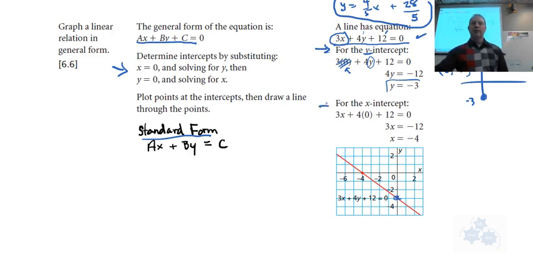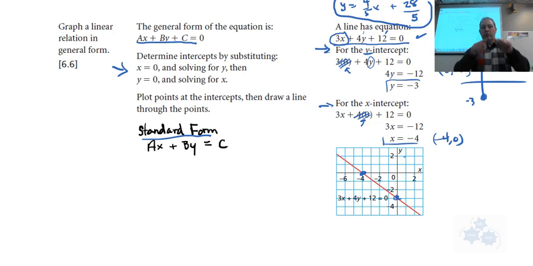And for the x-intercept, we simply let the opposite variable equal 0. Let y equal 0. That means this term is gone. We're left with 3x plus 12 equals 0, or 3x equals negative 12, x equals negative 4. So x equals negative 4. That's (negative 4, 0), our intercept. You put that point there. Now you have 2 points. You simply use your ruler,